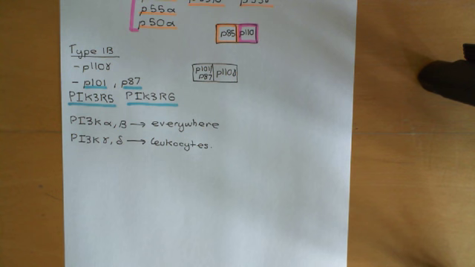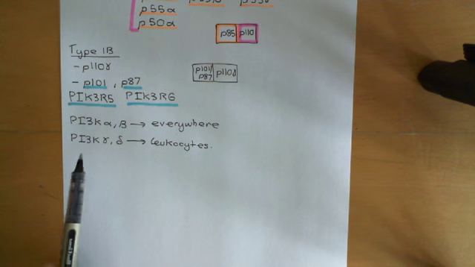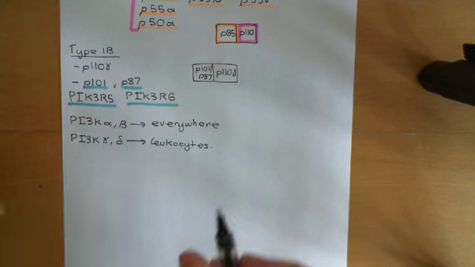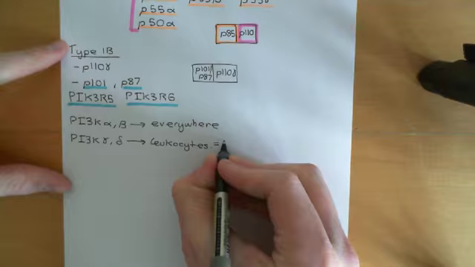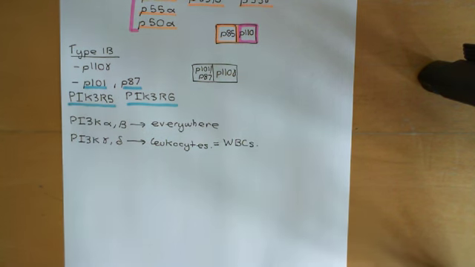Okay, right. So PI3 kinase alpha and beta, they're found everywhere. PI3 kinase gamma and delta, they're much more selective in where they're expressed, just in leukocytes, white blood cells. Leukocytes is just the fancy term for white blood cells, WBCs. Okay, right. So let's now look at the structure then of type 1 PI3 kinase subunits in a little bit